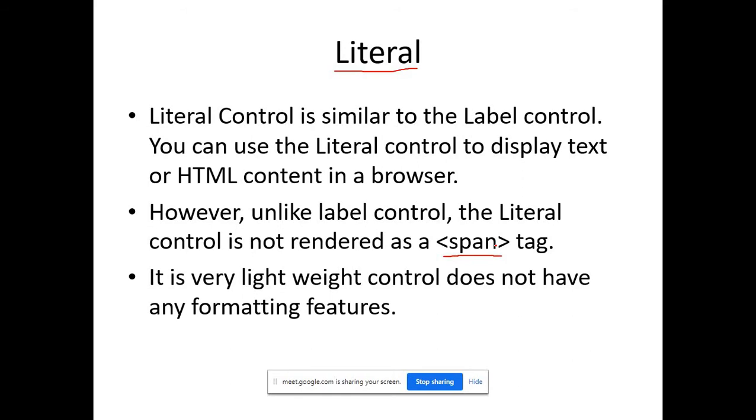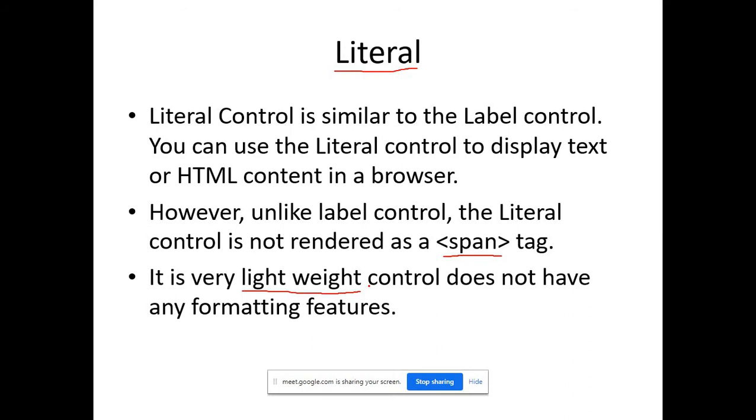But in the case of literal, it is not done, right? So how does the literal control work, how many properties are there, and why are we calling this literal control a lightweight control? Fine. So we are going to get answers to all these questions, right?